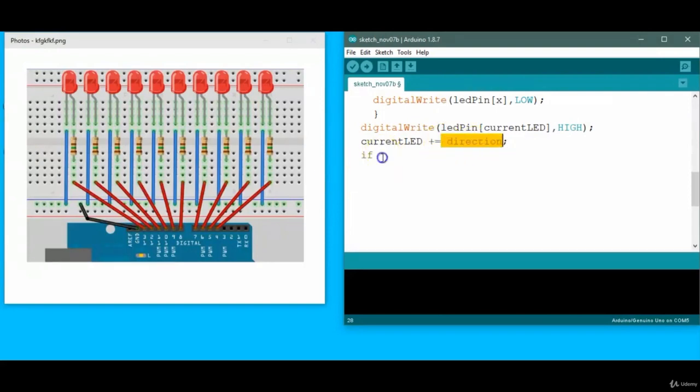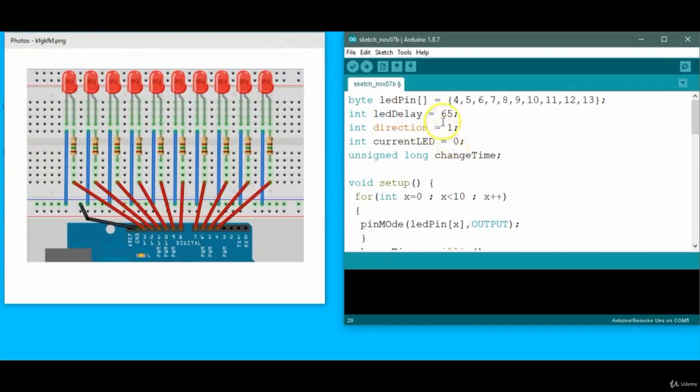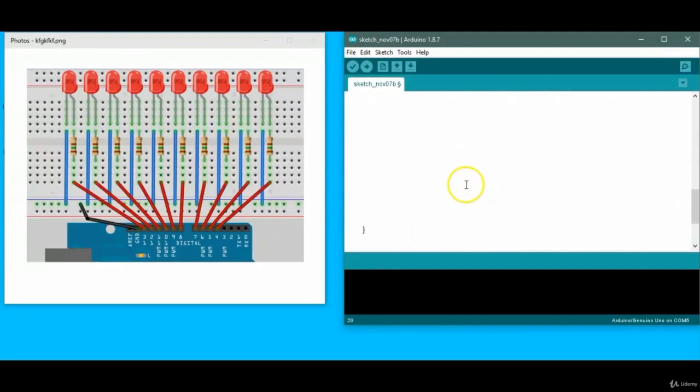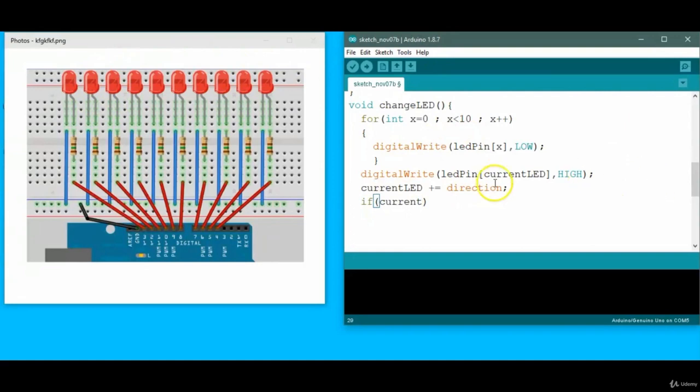And there are now two cases here, whether the direction is beginning from 0 or beginning from 1. currentLED just denotes the LED at which we are at that point. The direction is initialized at 1, so it starts from 1 and then increases up to the last one, that is 9, and 9 plus 1 is equal to 10, so we use a maximum factor of 9. So if currentLED is equal to 9,